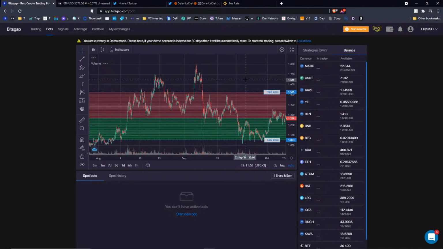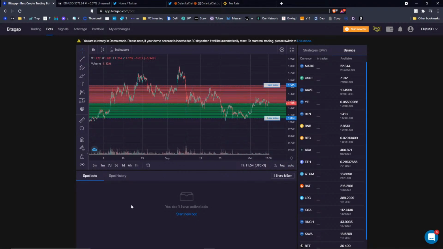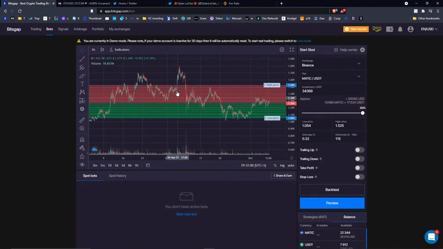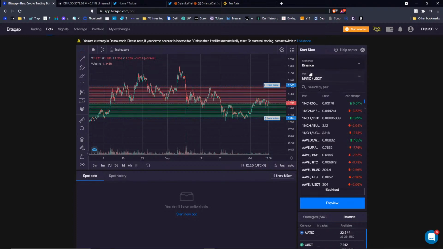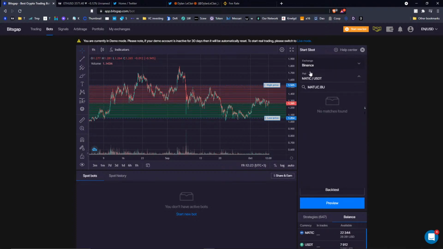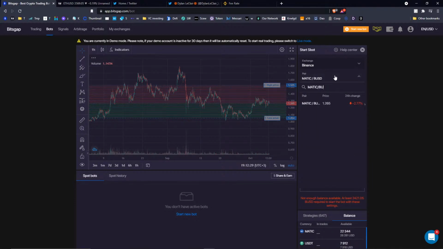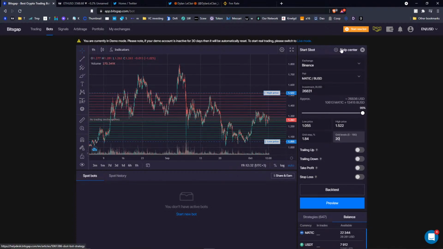Okay, so let's say you want to have Asbot on Matic with this trading range, but on the first strategy you want to have 100 grid levels, on the second strategy 50 grid levels, and on the third strategy 20 grid levels. So the way for you to do it is to launch the one with 100 grid levels on USDT, and the one with 50 grid levels on Matic to, I think, BUSD. No, it's not Matic, BUSD. Yes, here we go. And the third one with 20 grid levels, maybe in that case not Asbot but the classic bot,